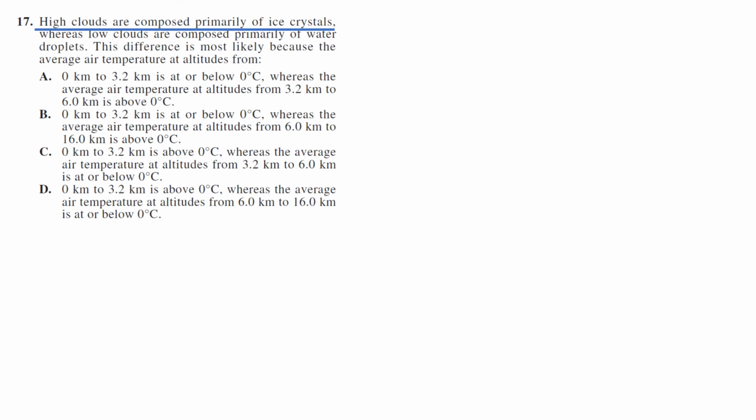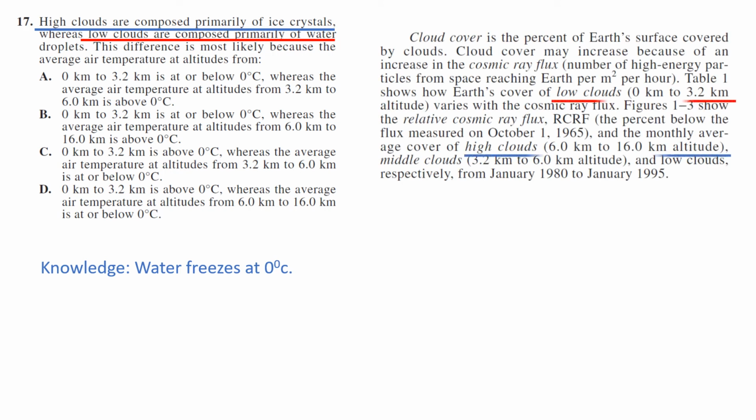High clouds are composed primarily of ice crystals. Low clouds are composed primarily of water. The difference is most likely because the average air temperature at altitudes from, you're explaining it now, so you're explaining why. So you have knowledge here that water freezes at 0 degrees Celsius. And you can use logic and say the higher up, that means the colder it is. Or you can go to the